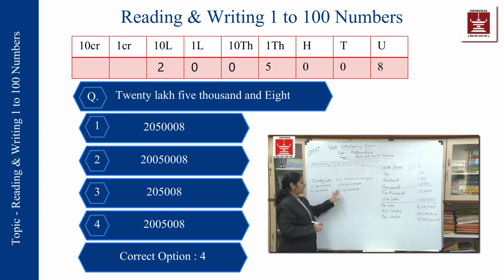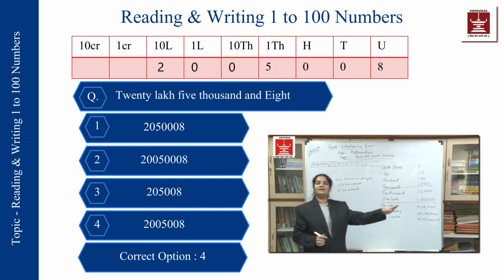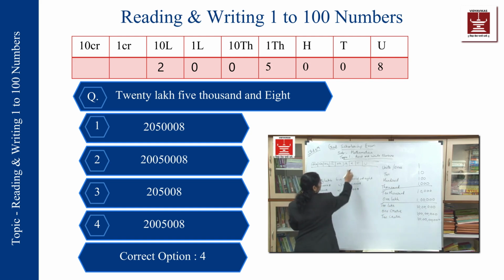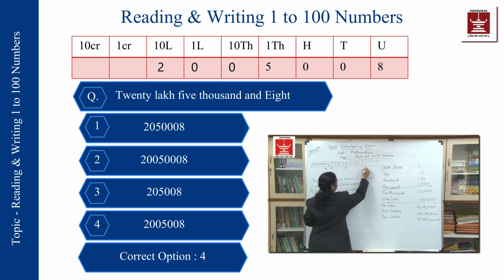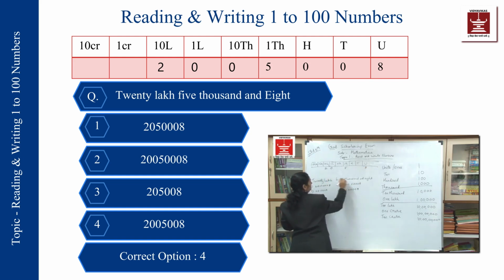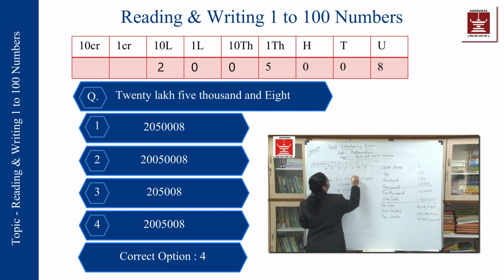Okay, how do I find out this from the options? One method is I read the number and then I write the number in the figures. Okay, it's already given in words, so I'll write it in figures. So I'll write it down in this format, what we have said. Okay, so 20 lakhs will come here. So this is 20 lakhs. Okay, then next is 5,000. Where is 1,000? 1,000 is here. And 8. This is what I have. Remaining places all 0. 20 lakhs, so 2 over here, 0, 0, 0, 0.